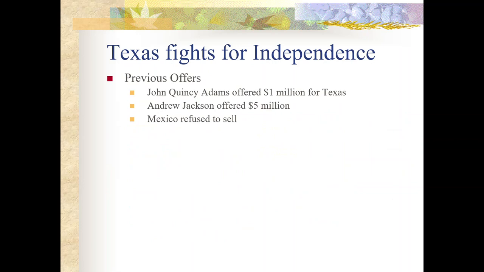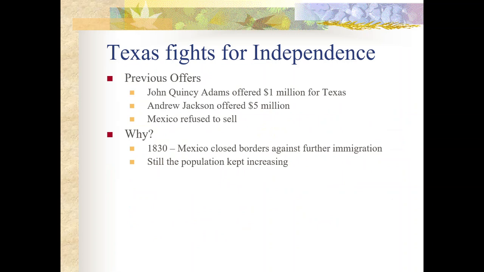The one law in particular that American settlers were disobeying was the fact that they were bringing their slaves. Since they were growing cotton and sugar, these large plantations needed a large labor force. When Mexico had won their independence in 1821, shortly thereafter, they abolished the institution of slavery. And so they were demanding American citizens to free their slaves within their territories. And of course, many American settlers refused to do so. So this is going to cause Mexico to close their borders against further immigration. They don't want any more American citizens coming into their territory.